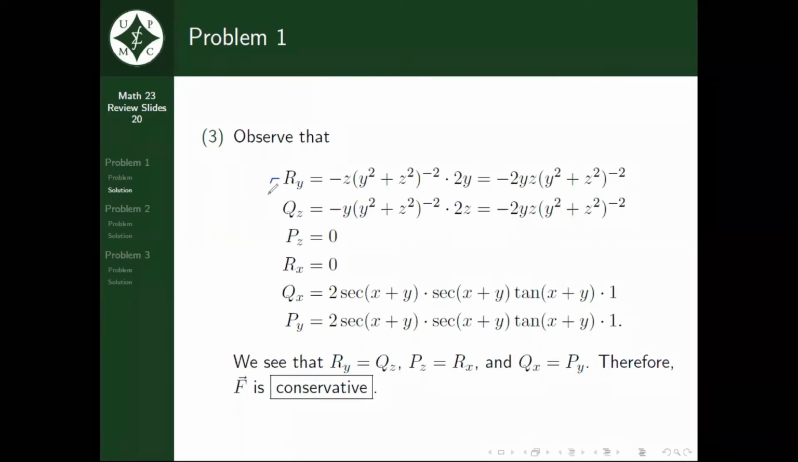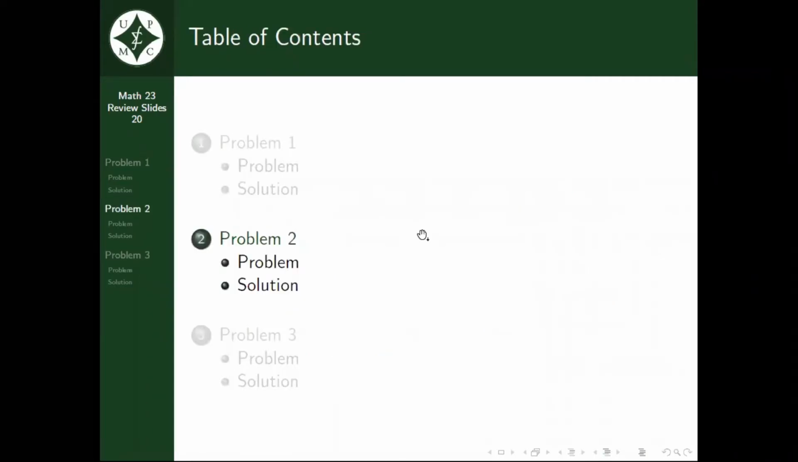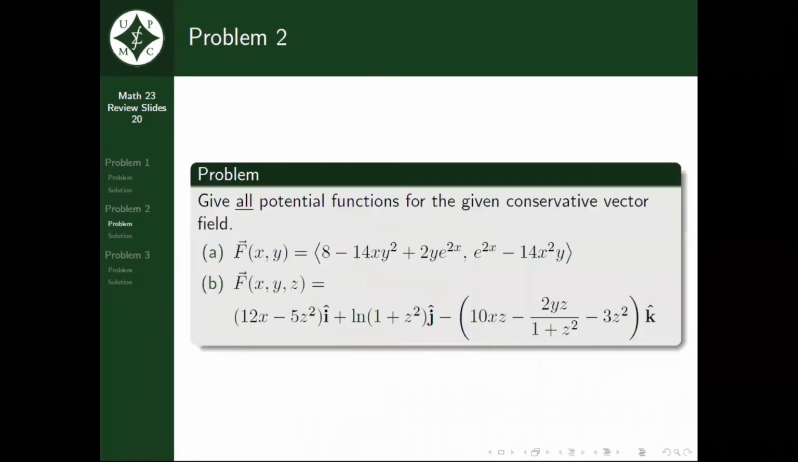If you can't remember this, just remember that the curl is equal to the 0 vector. That's all. So if it is not the 0 vector, it is not conservative. Now, next, for the second set of problems, give all potential functions for the given conservative vector